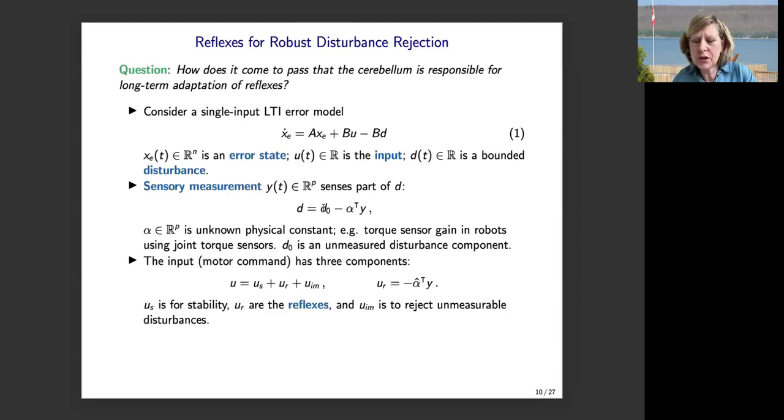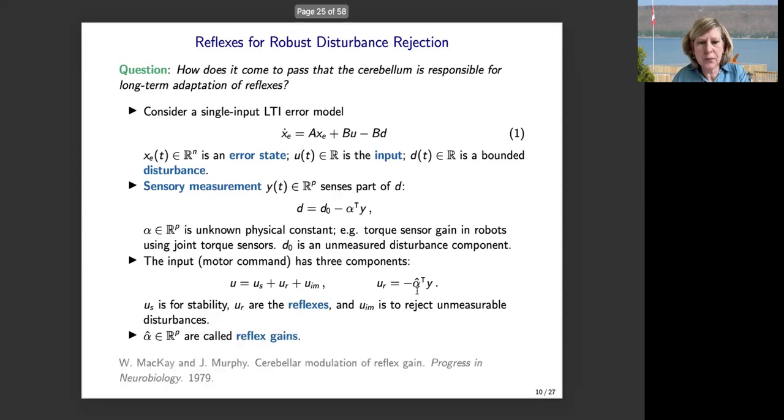And then our general setup is that we'll use the same motor command that we had before with our fast and slow components, our internal model output, our visual signal, and we will add reflexes, which will have a gain that's adaptable. So this gain is now going to be adapted. And this setup is taken straight from reading the literature on reflex gains. With this setup, we're trying to mimic what we think is the closest analogy in a control setting for what seems to be the general concept of reflex gains. So this is a vector of reflex gains. And then the question we have is, how are these reflex gains adapted,